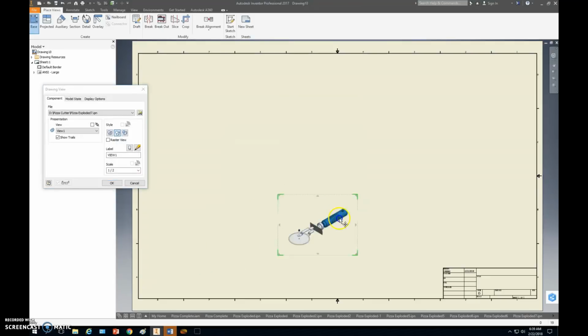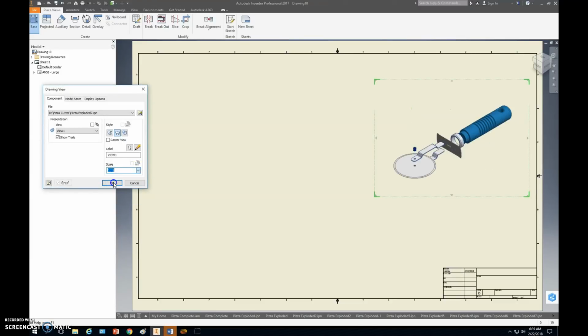So it's giving me my exploded view that we're going to place over here. The first exploded view is going to be a non-shaded item, so it's going to be basically just black and white. We want to make sure that shaded is turned off. Right now it's going to show shaded, but when I actually place it, it will be in black and white. And we also want to change the scale to 1:1